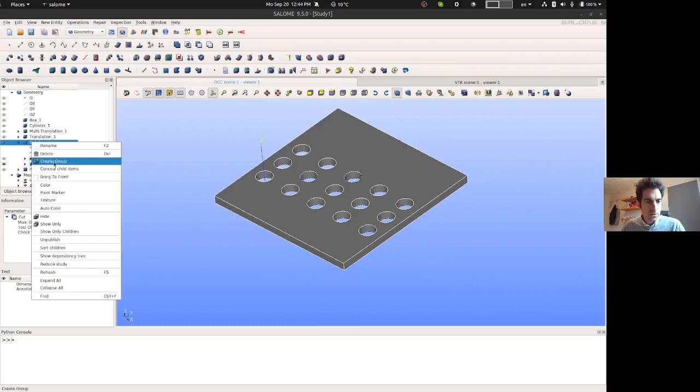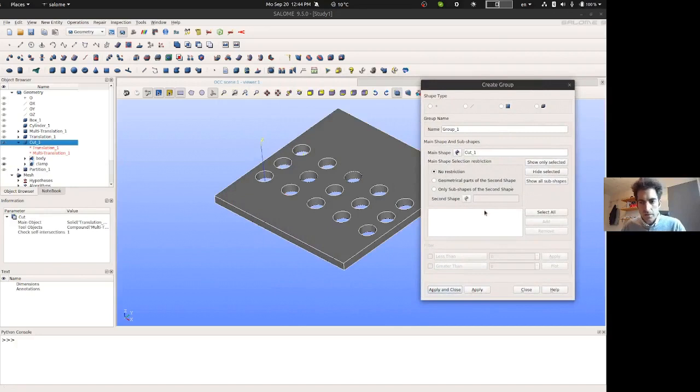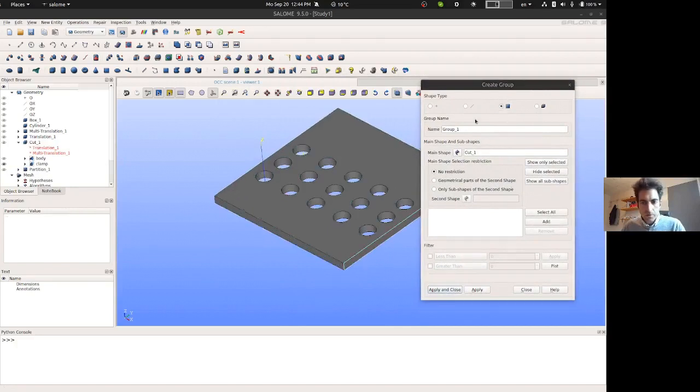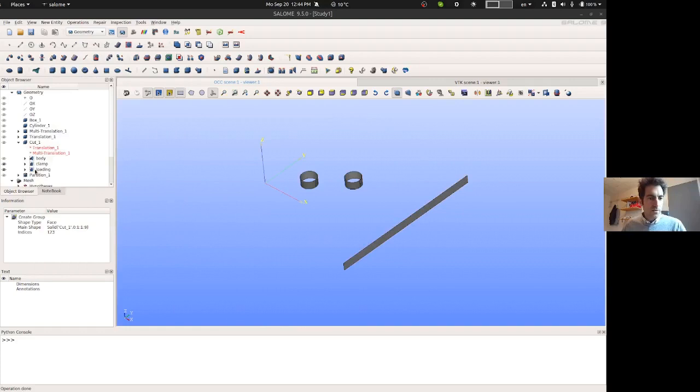So I need to create another group which is for the loading. So for example, let me put a loading, I don't know, maybe on this surface, okay, and add. Okay, that's the surface. I can select also many surfaces, but I'm just selecting one. It depends on the engineering problem that you have. So I'm going to say apply and close. So we have three different